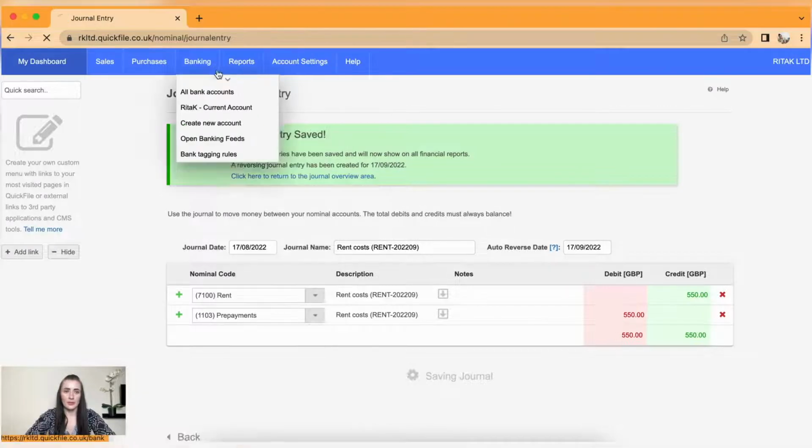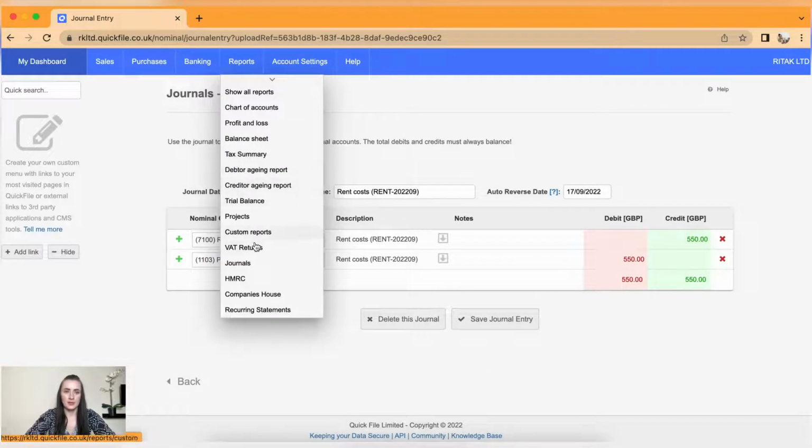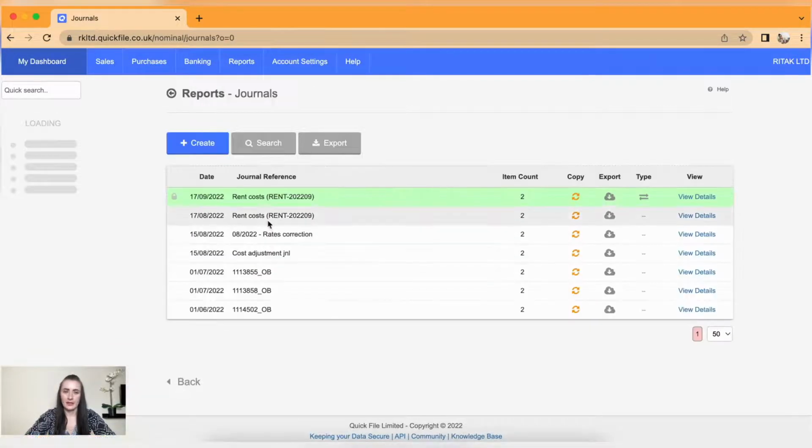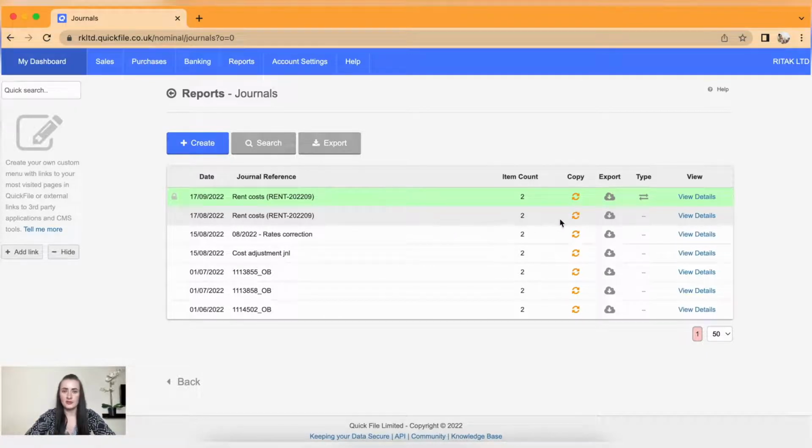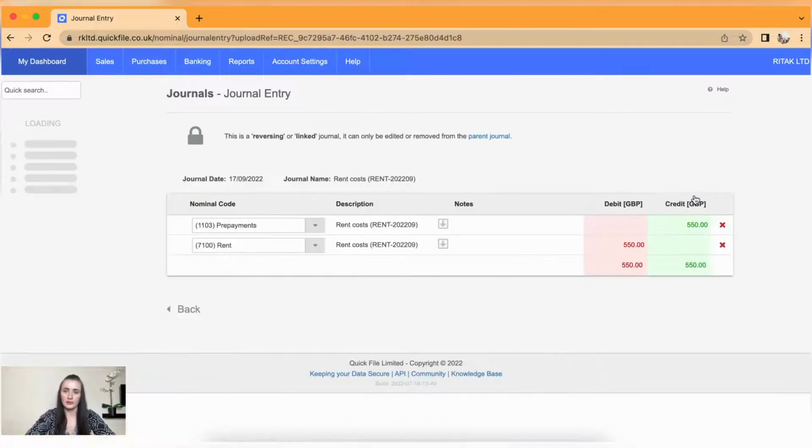Now, when I go to my journals, I have two journals. The first journal is what I just created, so I removed the costs out, and then there is a reversal journal which will be posted on 17th of September. When I click on view details, I can see that prepayments will be reduced and my costs will be increased